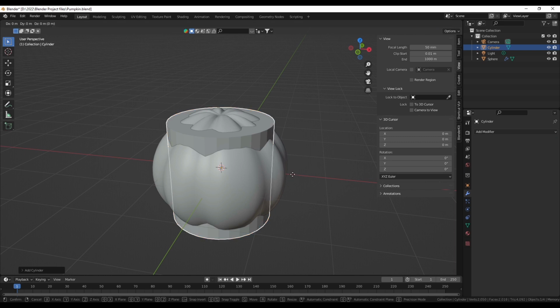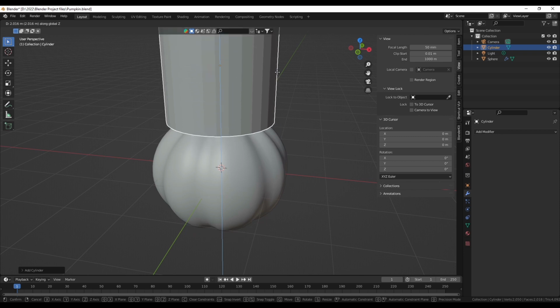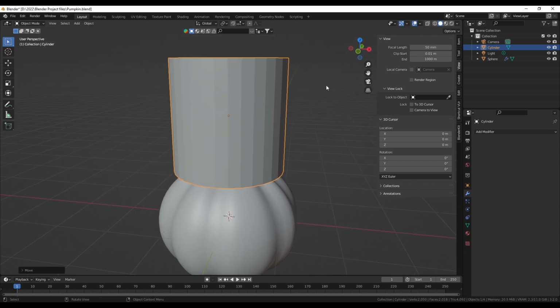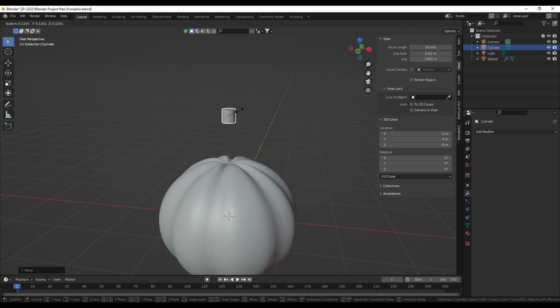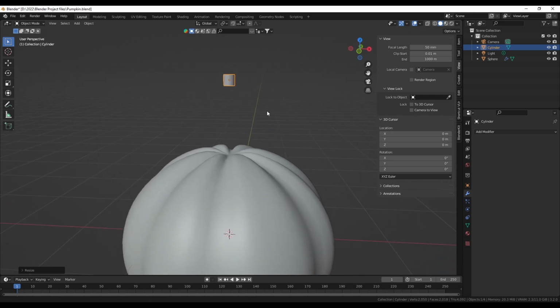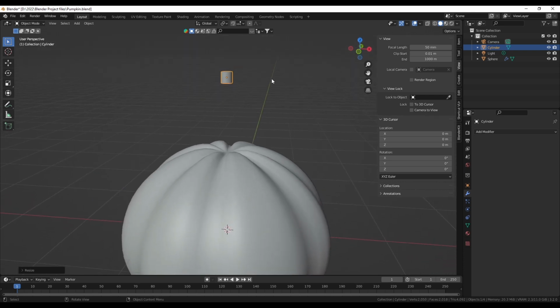Just move this up out of the way by pressing G, and we move it on the Z axis by pressing Z. Left click to place, and then scale it down by pressing S on the keyboard and moving your mouse inward. Now that's still a little thick, but we want to add some length to this before we scale it